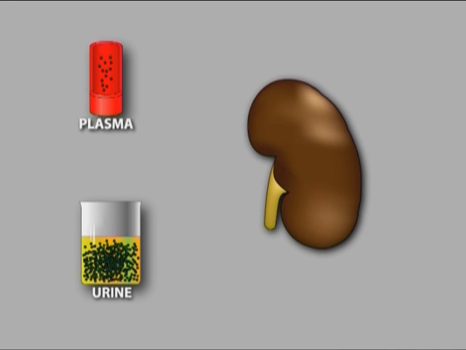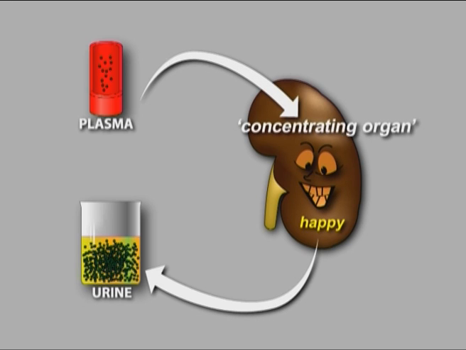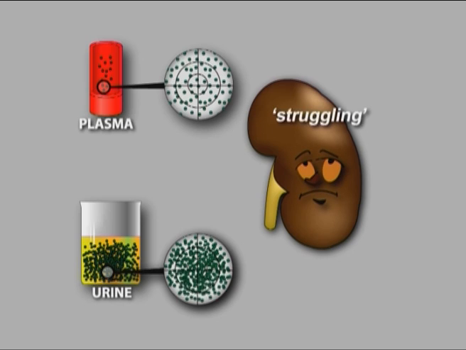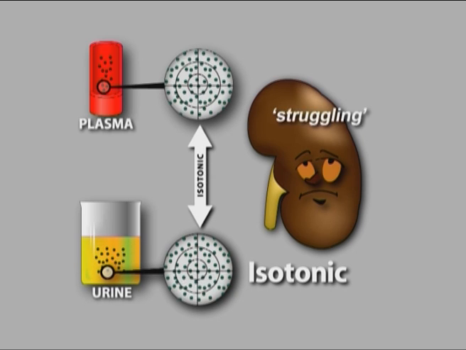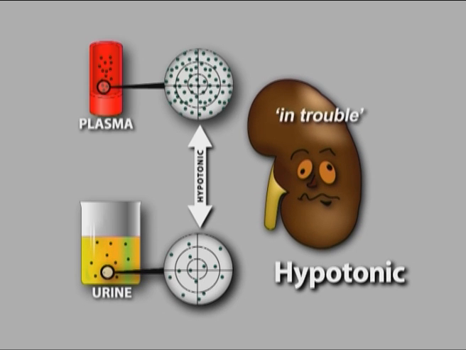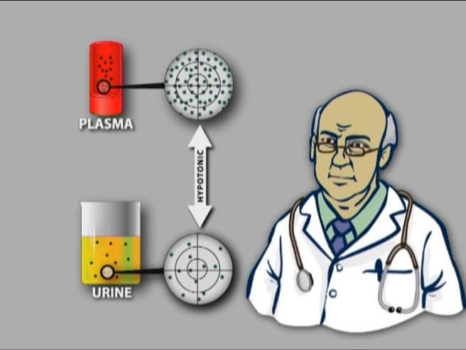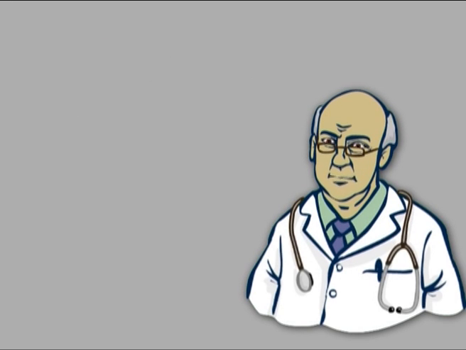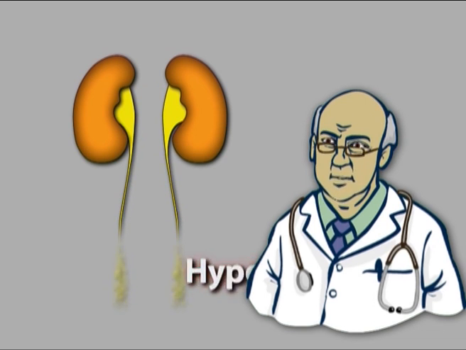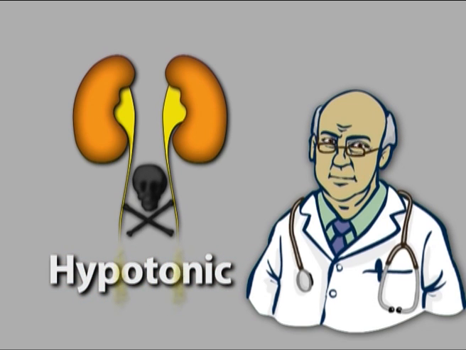Put simply, the kidney is a concentrating organ, and so, normally, the urine is hypertonic relative to plasma. If the kidney is struggling to perform, then the concentrating ability may diminish and, at the barest minimum, it may break even with an isotonic urine. However, if the kidney is really in trouble, the urine she makes will be hypotonic to plasma. I pause, Louise, to stress that this distinction is of central importance to the story I tell. Following the relief of obstruction, the detection of a hypotonic urine usually indicates greater problems, but more of that in